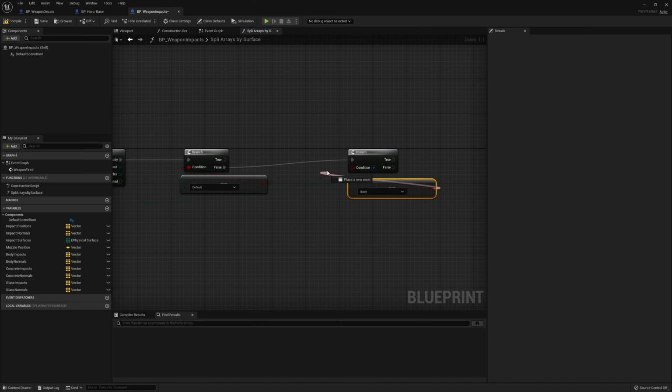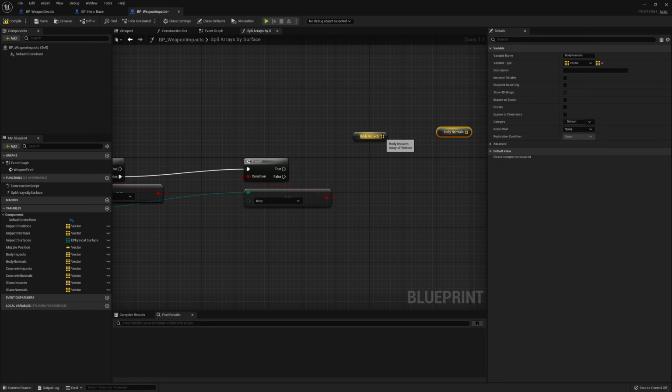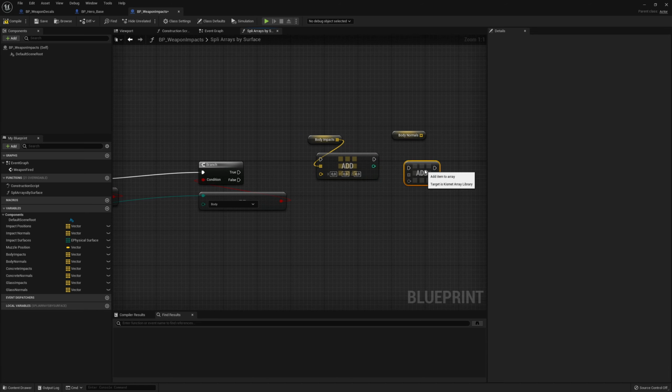And if this is body, we're going to store them in the body arrays. So then we can simply drag in our body impacts and our body normals. And we can grab an add node for both of them, and then plug in the array element. So if this is true,